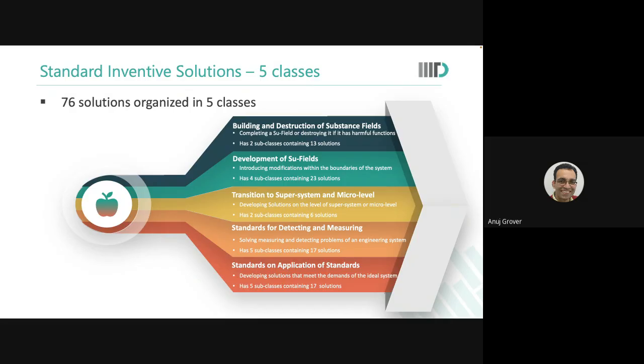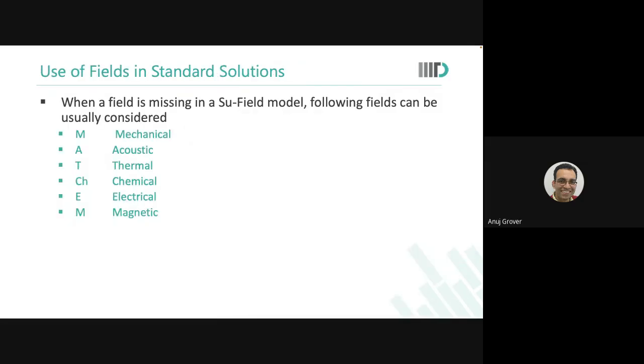Okay. So let's look at, and okay, this was the listing of fields and the sequence in which you may want to apply those fields. Mechanical, acoustic, thermal, chemical, electrical, magnetic, optical लोग अलग से add कर देते हैं, and you can also add that. But optical, Altshuller said it as electromagnetic. तो electrical और magnetic का mix है, but optical is a very powerful field because for many problems that he also suggested, or the solution that he also suggested to many problems, he would really rely strongly on the optical